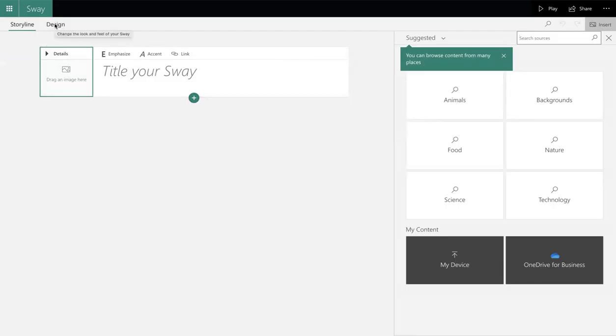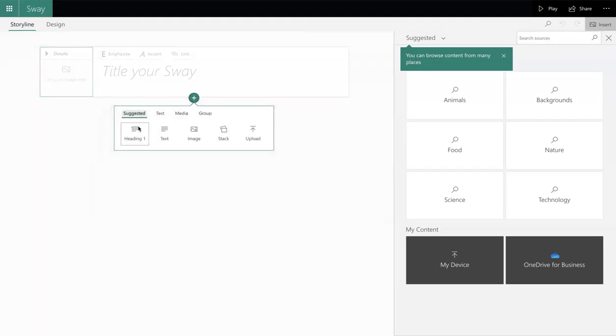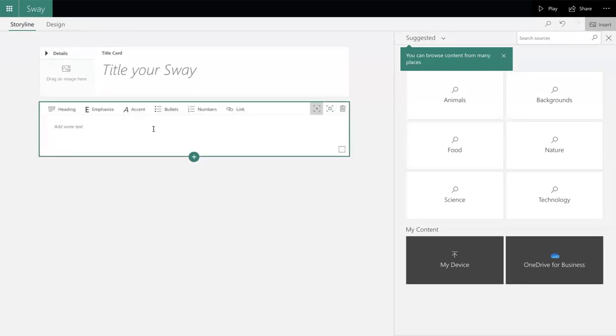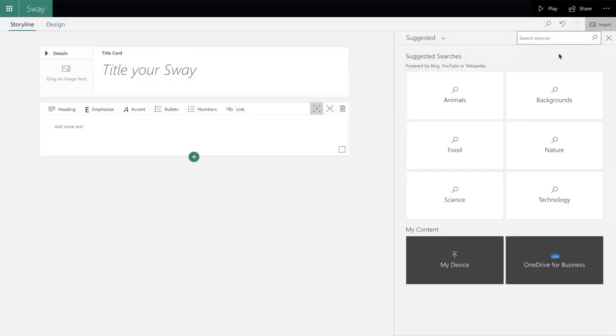It automatically organizes it into a storyline, which allows you to structure your presentation in a way that flows really naturally. You can also add headings here, and the text box down below for whatever you want to add to your slides, with different descriptions, explanations, whatever you want. You can add bullet points, as you can see here, numbers, different links you want to add. You can also add your images